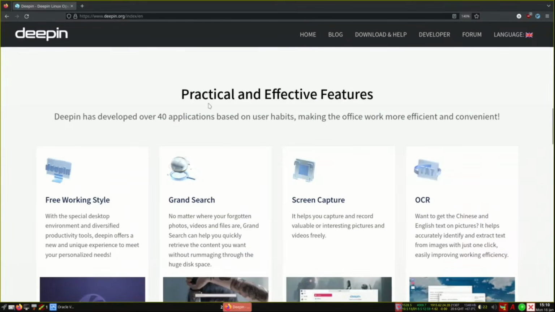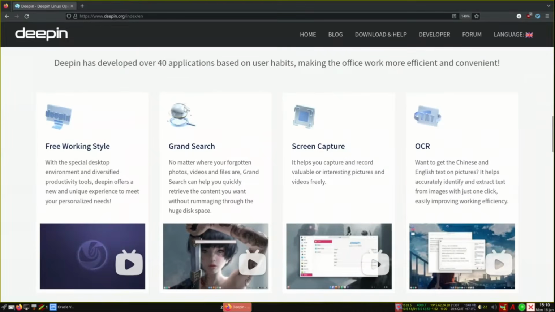Looking at the practical side, there are some things that are very nice. The thing that I like is the Grand Search, which can search the settings and the other things that you have. It is very nicely done, and you will see that it is also user friendly, and the user interface is very, very nice for this one. Screen capture, they have their own screen capture. Maybe you like it, maybe you don't. If you don't, you can install another open source one like Flameshot or Ksnip or any others.